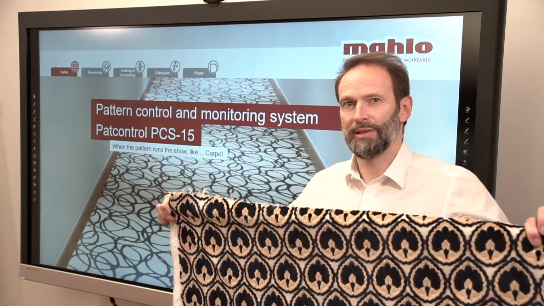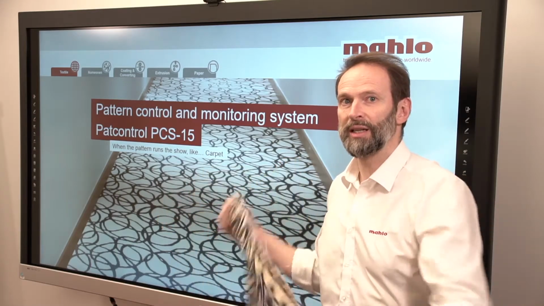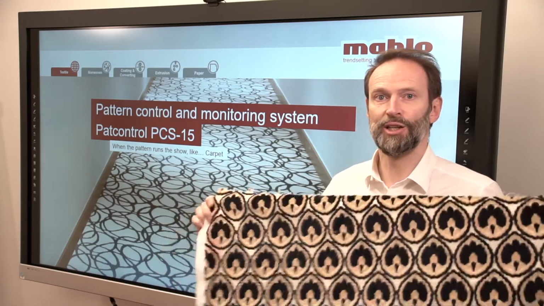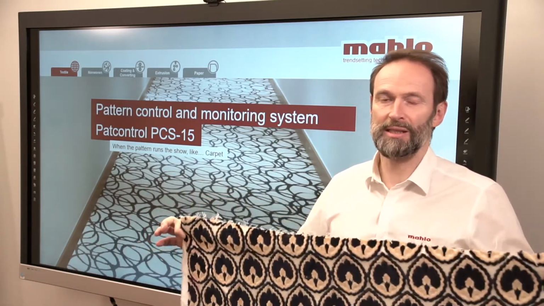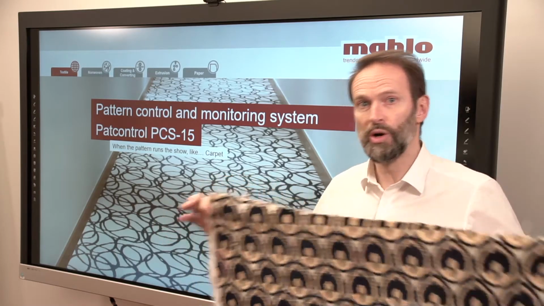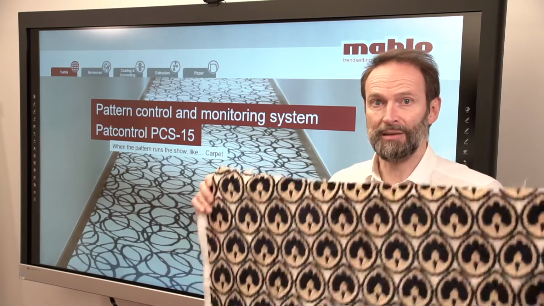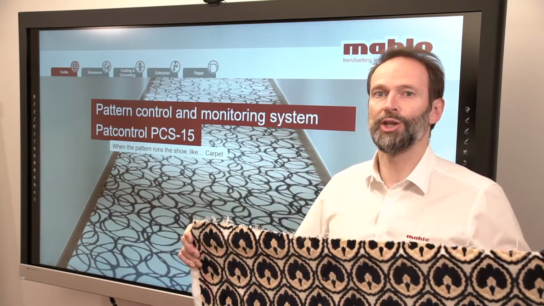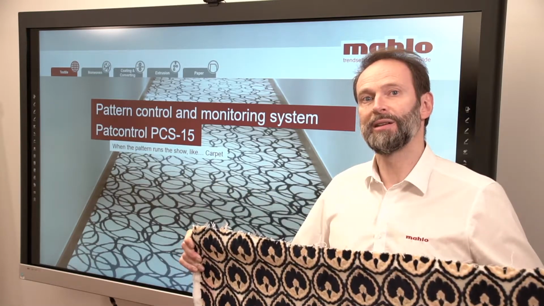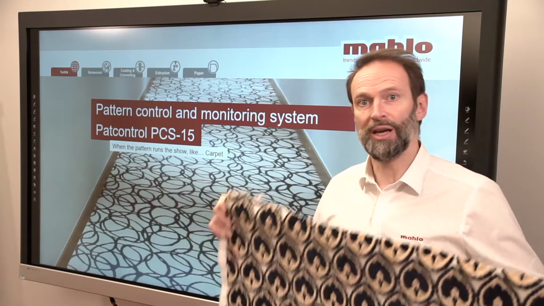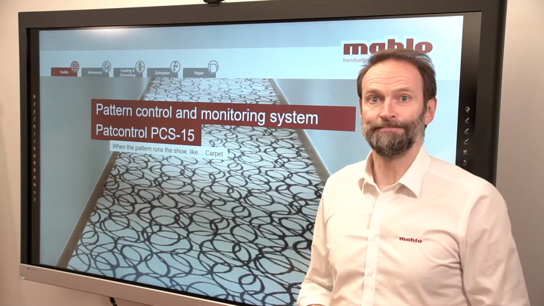This is a carpet. Not yet, though. As soon as the coating on the back has been applied to the fibers, there's no way that we can adjust any potential skew or bow or length repeat. And that means that before that happens, we have to make sure that everything is really 100% correct. How to do that will be the issue in the next 10 minutes. Let's jump right in.